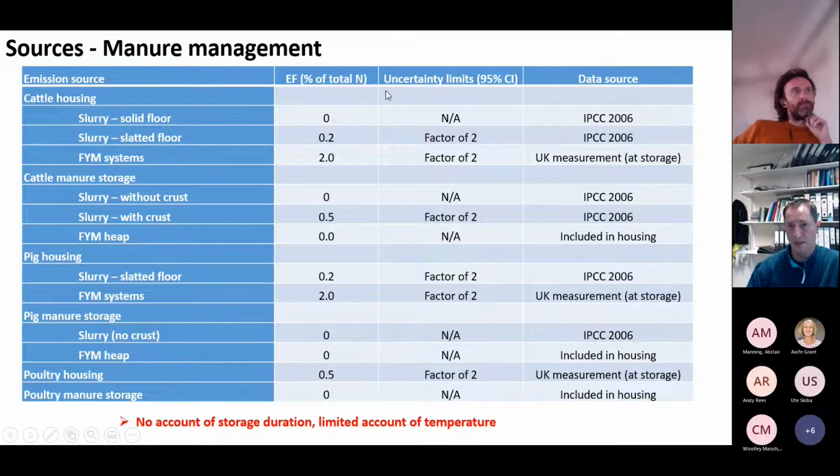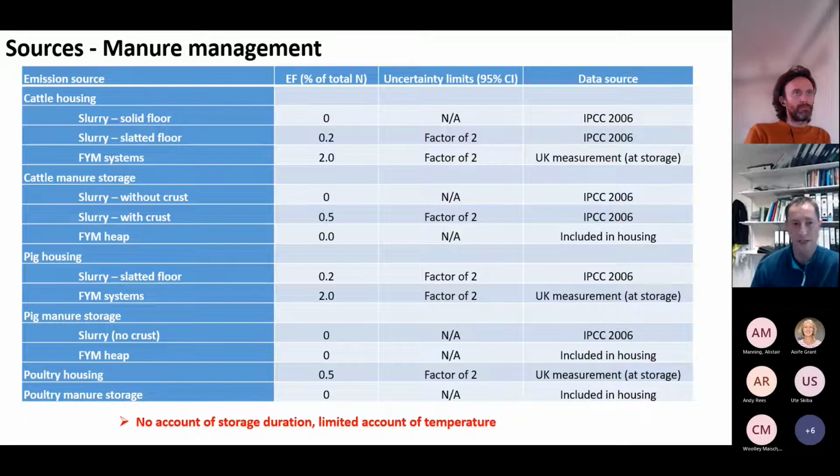So we have the emission factor as a percent of the total manure N that is within the manure management category. We like to define some uncertainty limits around that, and this is where we got that from. So you can see we're predominantly using IPCC 2006 data. So for slurries, 0, or for a slatted floor house, which some cattle housing is, we do have a small emission of nitrous oxide. For solid manure systems, farmyard manure systems, where there's a combination of aerobic and anaerobic processes going on,